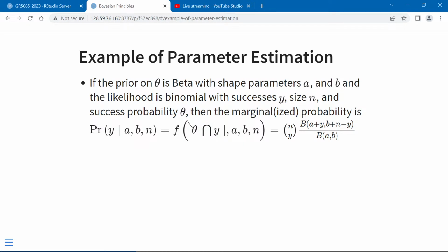So the prior on theta, which is the probability of being vaccinated given that you get COVID, is a beta with shape parameters A and B. The likelihood is binomial with number of successes Y, size N, which is the number of people who got COVID. I think N was 94, and Y was 8. Then the marginalized probability of observing 8 successes, people who got COVID but had been vaccinated, given A, B, and N, but not theta, irrespective of theta,